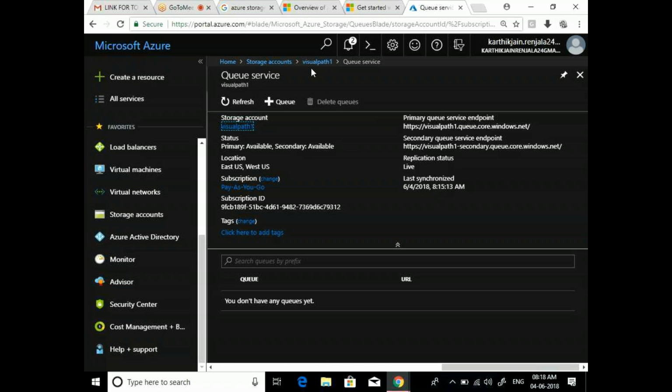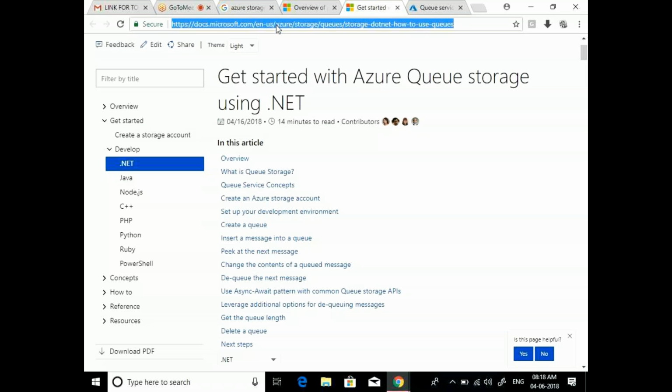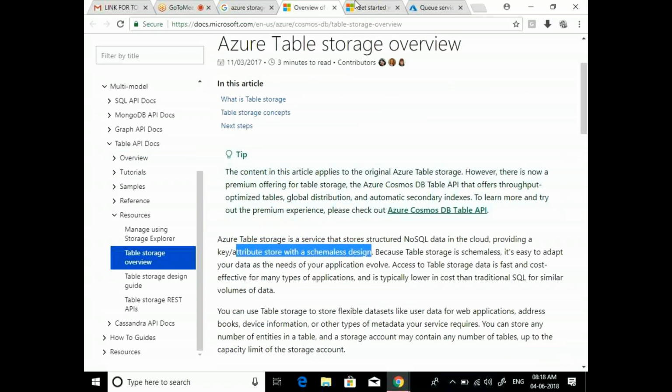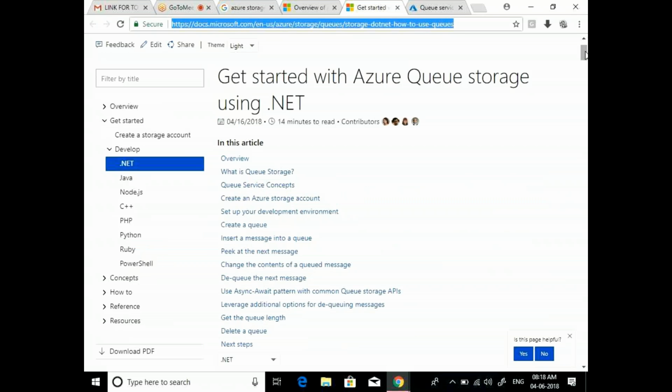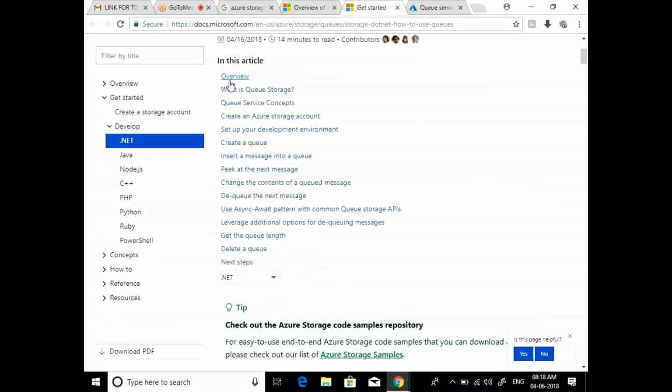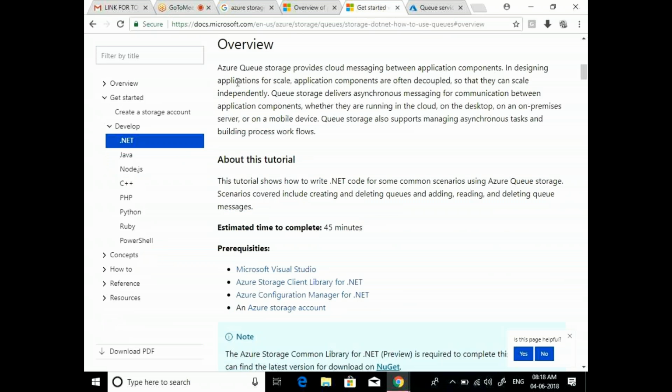So the pure definition for this is, yep, Azure queues. Just note down the definition. Azure Queue Storage provides cloud messaging between application components.